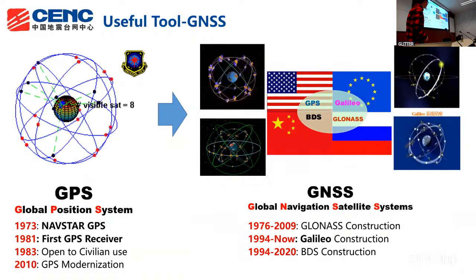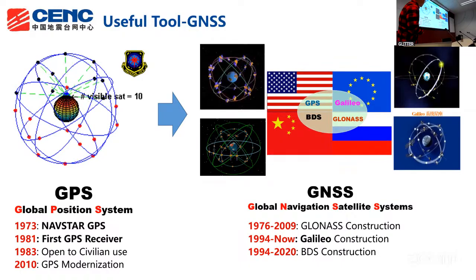Next, to focus on the tool I use to research earthquakes, the GNSS. First, GNSS is the GPS, the Global Positioning System. It was initialized in 1973, and 10 years later this system opened to civilian use, and now everybody knows the GPS. But